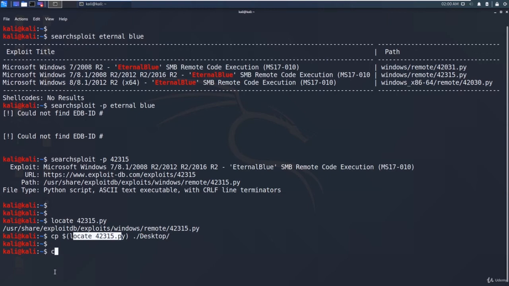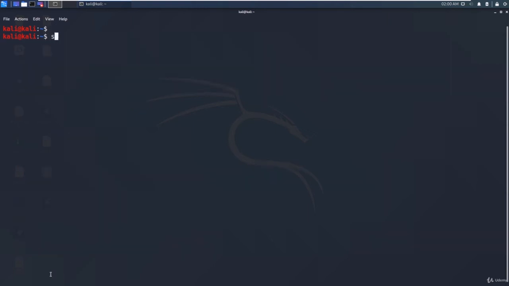We can also do a case sensitive search in searchsploit -c buffer overflow.